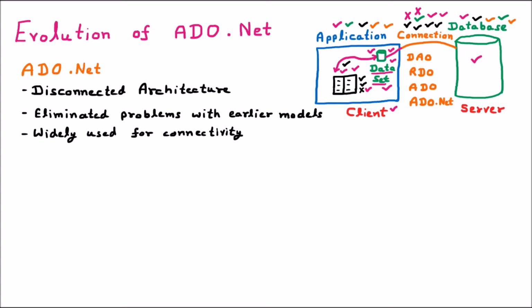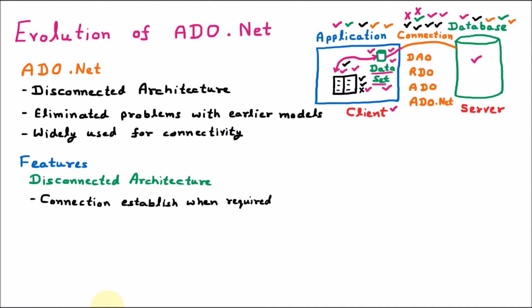Now we are learning the features of ADO.NET. The first feature is disconnected architecture. We know that in the disconnected architecture, the connection is not required all the time. So here, the connection is established when it is required. We are not going to use the database continuously, because the connection can be broken in disconnected architecture. So here we are avoiding wastage of resources, and we know that the database is a resource, and also maintaining a connection has some kind of cost, so we are avoiding wastage of resources.